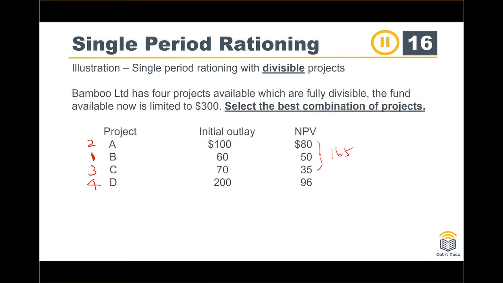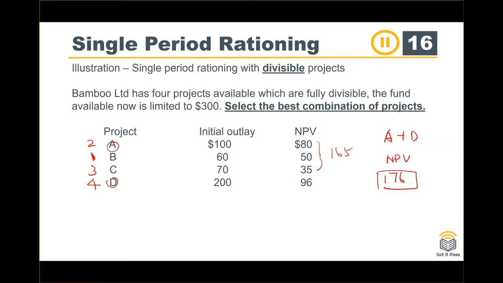But if you invest 300 in project A and project D, what's the NPV? Okay, if A plus D, the NPV will be, okay, you can see 176 must be larger than 165. So we remember PI,